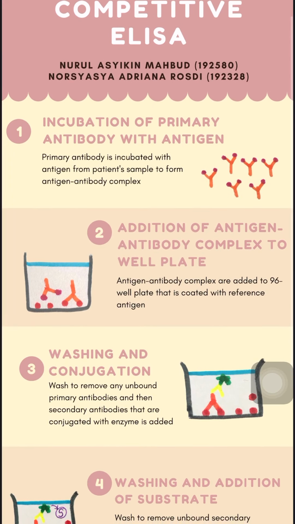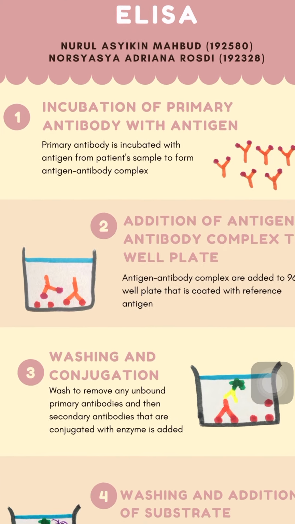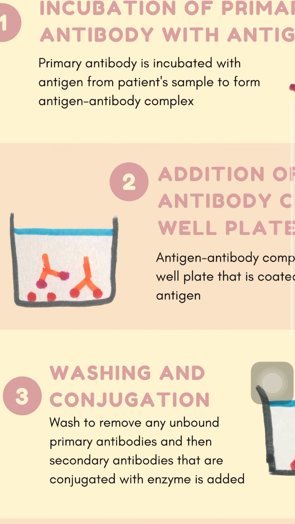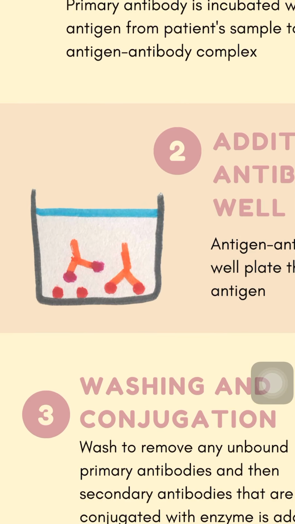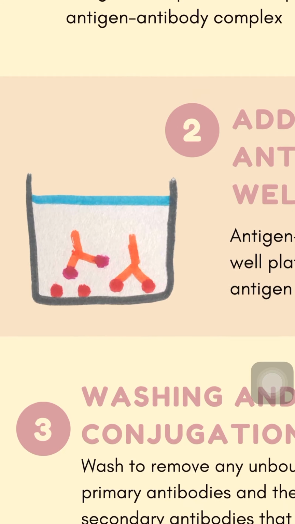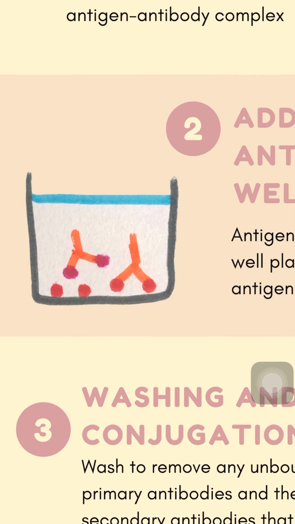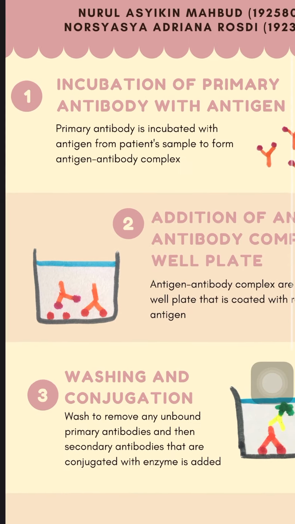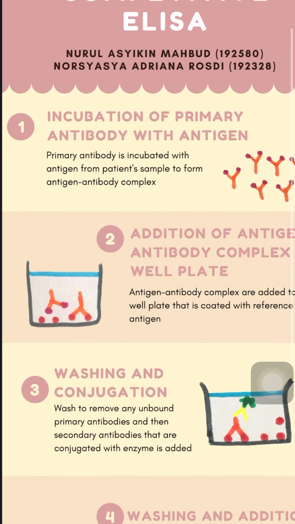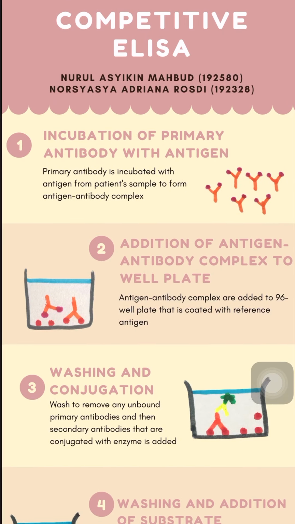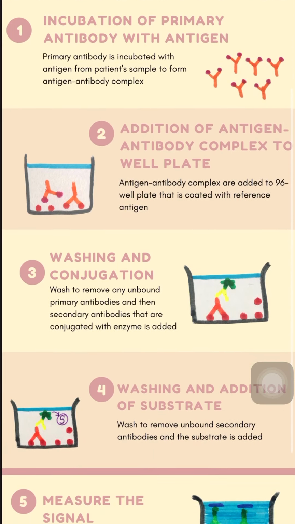So these antigen-antibody complexes are then added to the 96 well plate that has been coated with reference antigens. As you can see, the reference antigens on the well plate are red in color. This allows the free primary antibodies to bind with the reference antigens on the plate. Next, a washing step is carried out to remove the unbound primary antibodies,